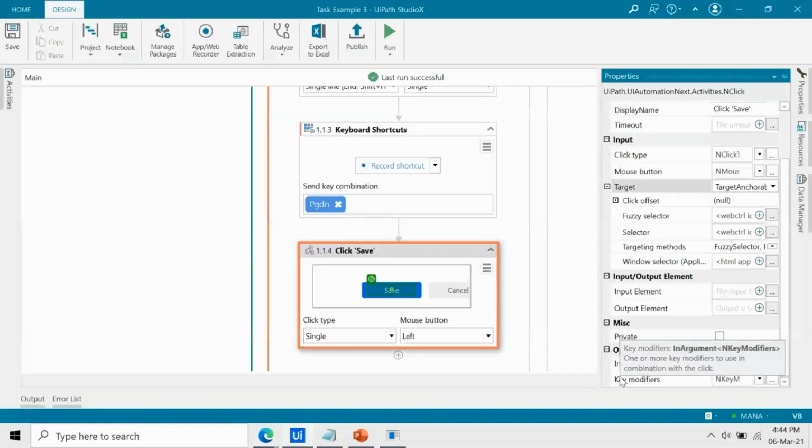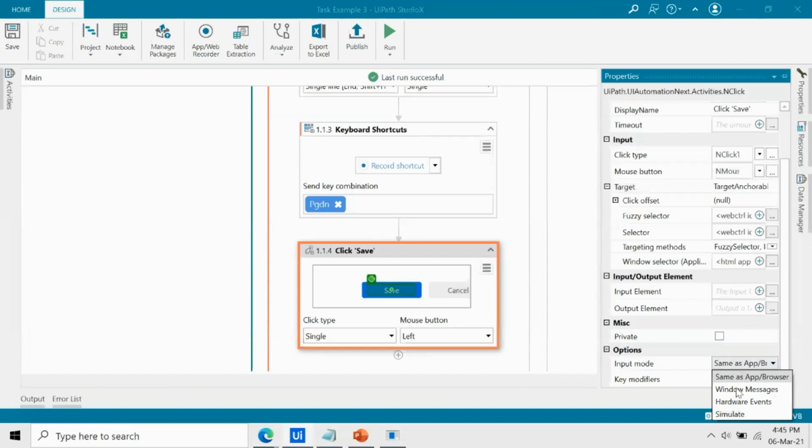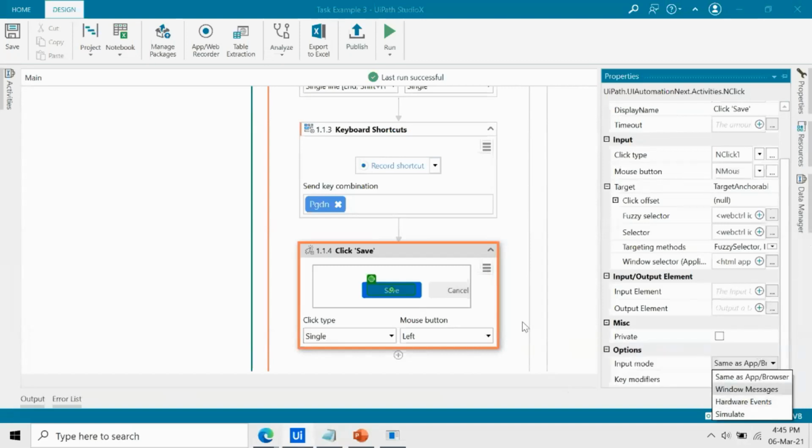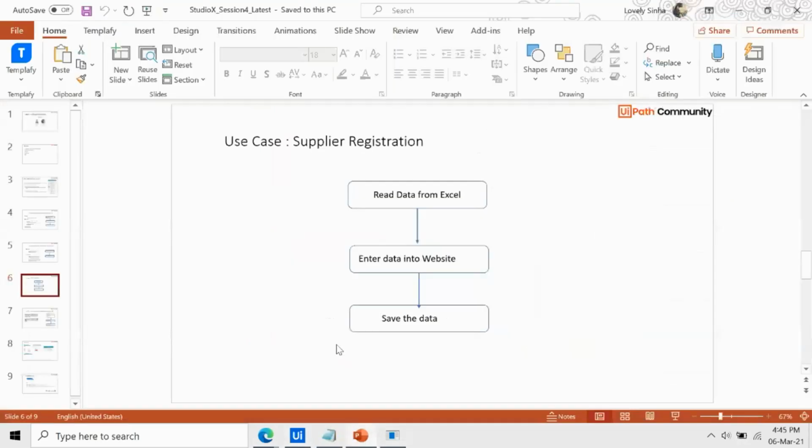Yeah, so this way I was able to interact with different applications, whether it is a desktop application like WUI or the web-based browser. One more thing: in the output, we see that there are different input modes. These are the different technologies which are available, and this we will take up in the tips and tricks, on how you can enhance your automation more.